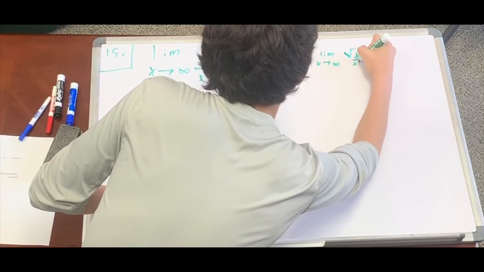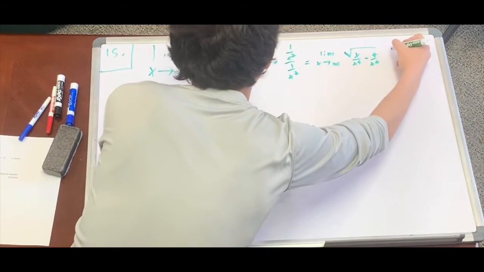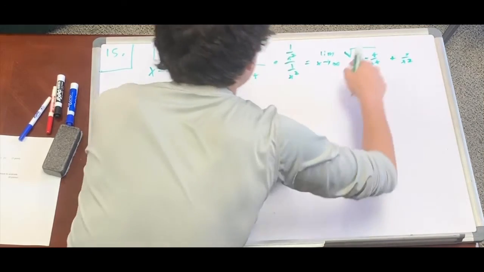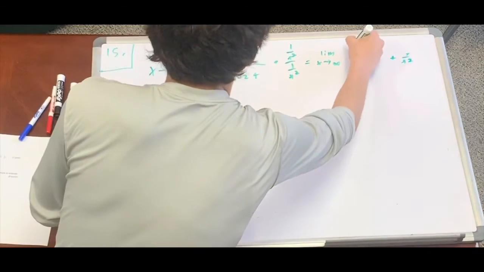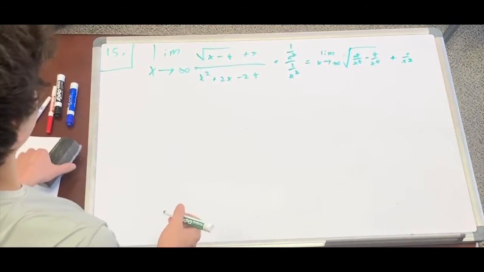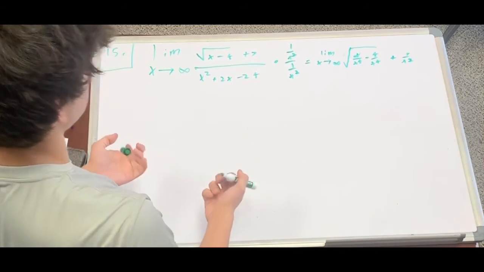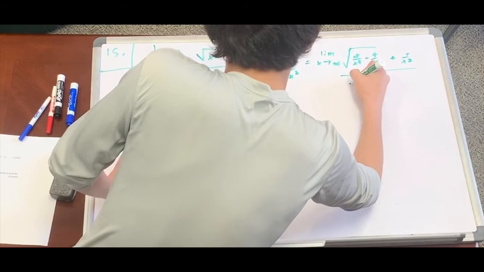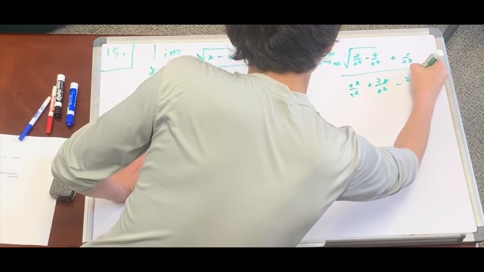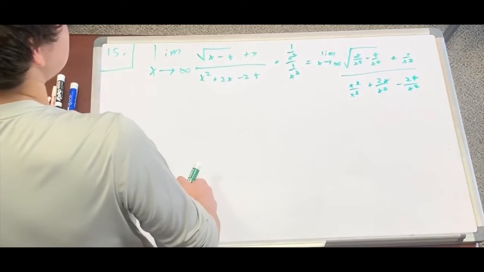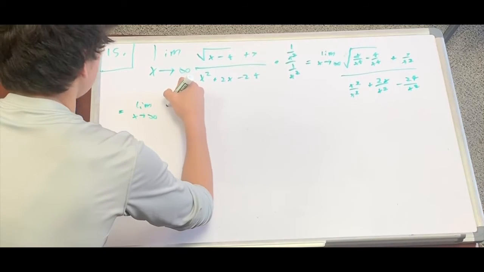x over x to the fourth minus 4 over x to the fourth plus 7 over x squared. And it's x to the fourth inside of the square root. Sorry, this is an extent. But it's inside of the square root because if you remember, you have to make it the square so that it's inside the square root and it's equivalent. And that's over x squared over x squared plus 2x over x squared minus 24 over x squared. And then that's equal to the limit. Do not drop the limit of